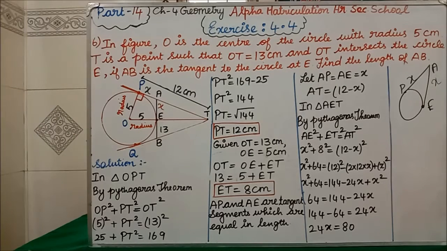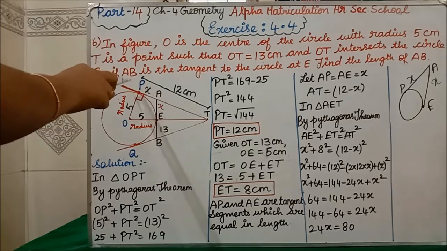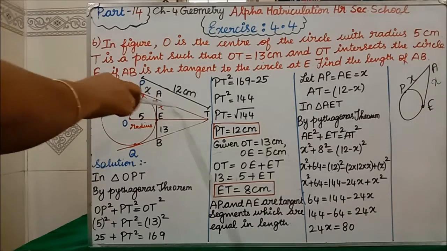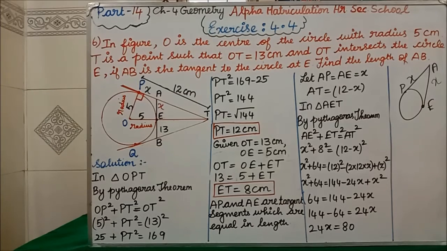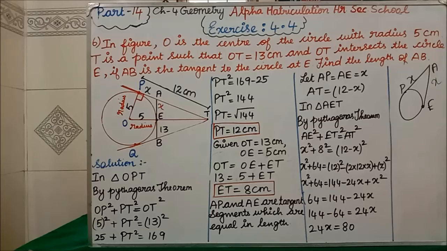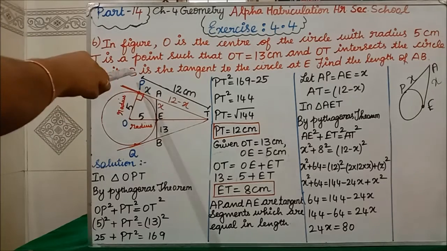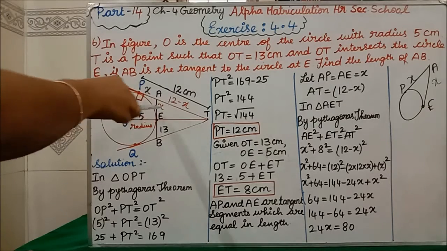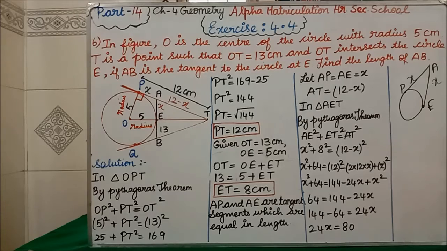The next step I need this AT length. But I know the full length P to T, I know it is 12 we have found. And PA now we have got x. Now how will you write this remaining AT part? In previous third question and fourth question like this we have done, isn't it? How will you write the remaining part? You have to write 12 minus x here. Now AT value is 12 minus x we have to write. I have written there 12 minus x. See, AT length 12 minus x. How? Full length PT is 12. PA we have taken x. So how will you write the remaining value? 12 minus x is the AT length.